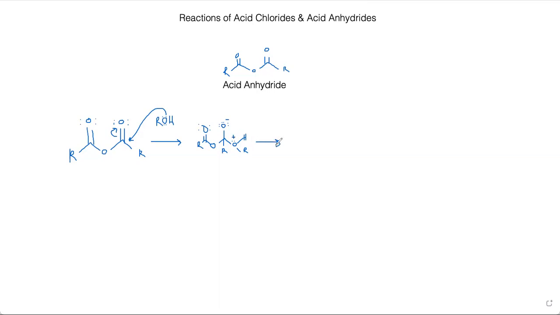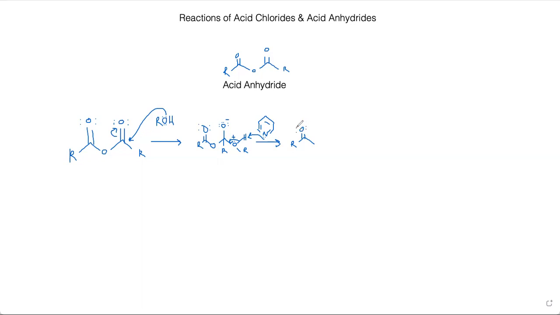So the next thing we're going to add is pyridine. If you notice so far, this is the exact same reaction that we did with acid chloride to form esters. So that makes it nice and easy. These things are very similar. Pyridine is going to deprotonate our product of the nucleophilic addition. That arrow is supposed to be going to the oxygen. Sorry, I got a little bit cramped in there. So here's the product of that part of the